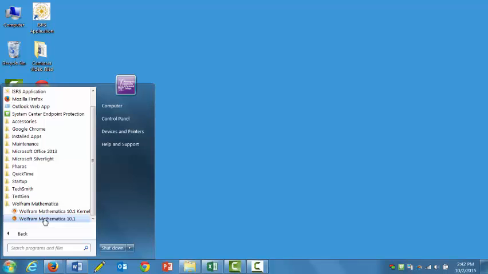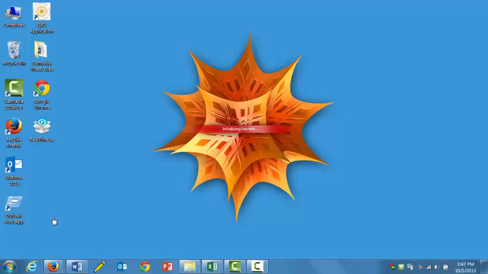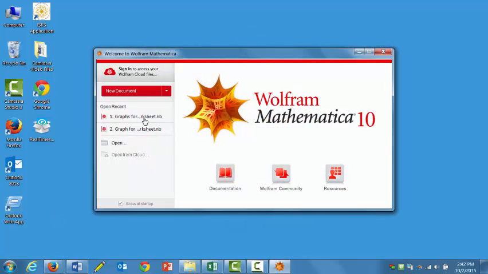You want to make sure you click on the actual program. And yours may or may not be 10.1. It may be more recent. But you'll have Wolfram Mathematica and the version of Mathematica that you're using. So I'm going to click on that. You'll see this opening process and then the opening screen. And you want to select a new document